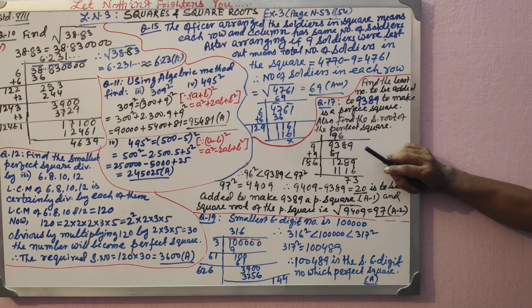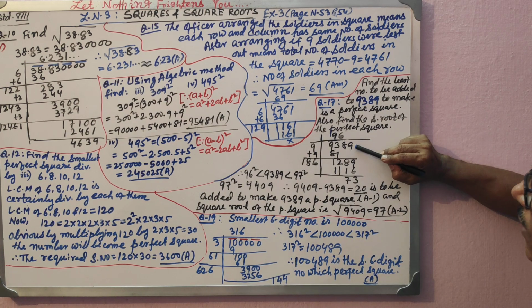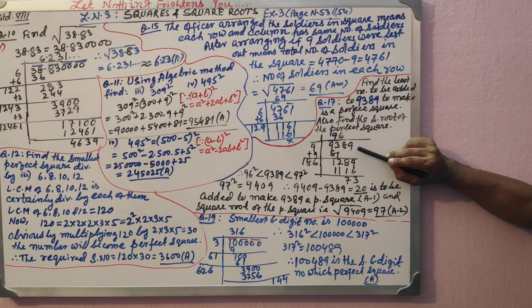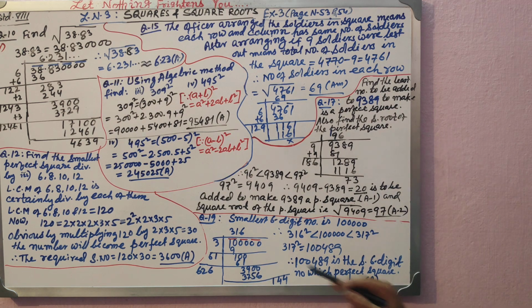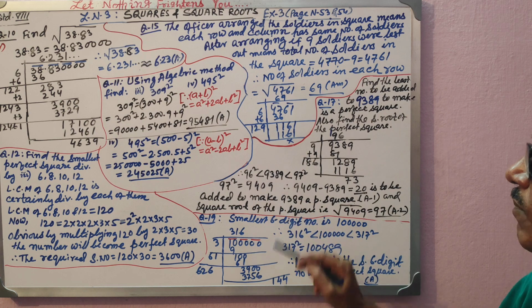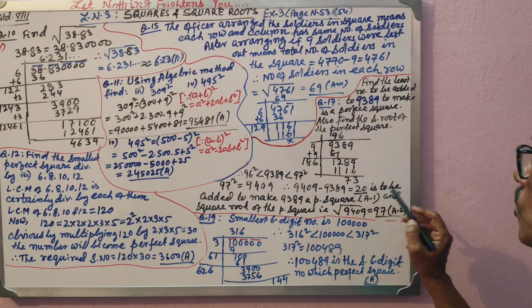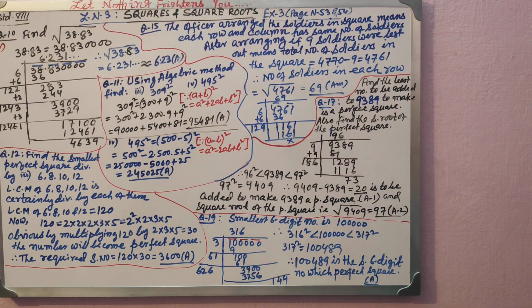This number is in between 96 square and 97 square. Definitely, you will have to add to make it 97 square. So 97 square minus this number, that much has to be added. That is what you have done. 97 square is equal to 9409. 9409 minus this number is equal to 20. So if you add 20 to this number, that will become